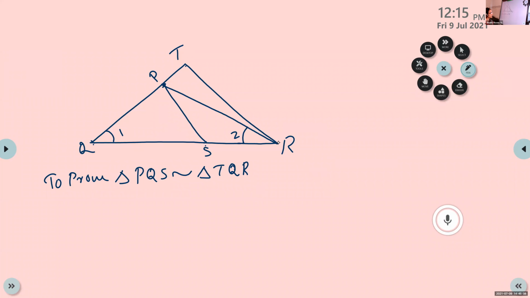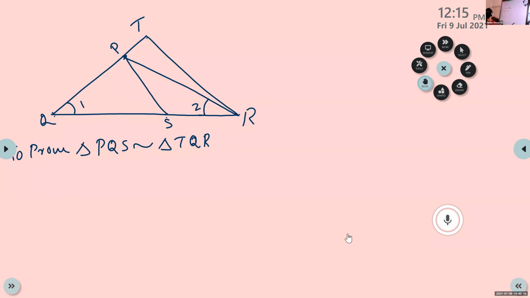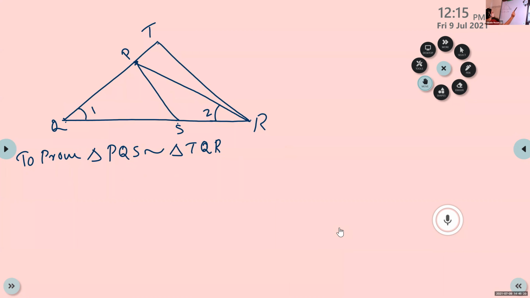All of you think, can we bring any similarity criteria? Any angles or any sides are proportional? Can you give any idea? Children, all of you think. Without thinking, you can't do anything with this chapter. What sides? Sides are not given. Any idea? Can you get an angle? Which angle?